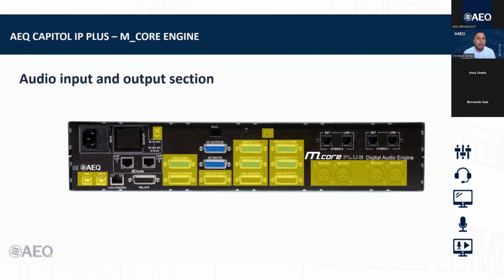This is the back for the core audio and input section. The core processing capacity is 20 stereo input channels, 10 visible on the fader and 10 hidden in the background. This is the audio and input section with the different parts: mic line, analog, AES, digital, USB, control, studio monitoring, and headphone output.